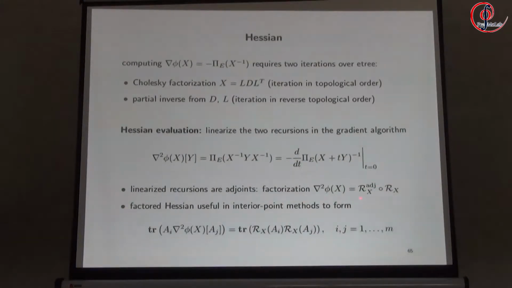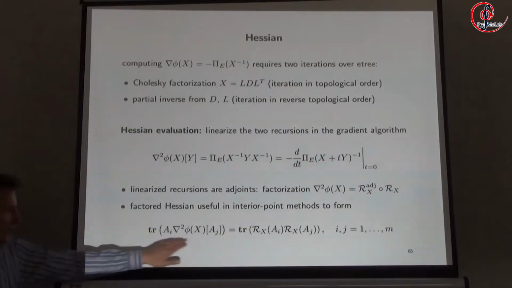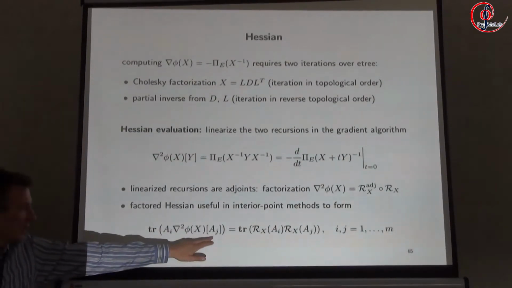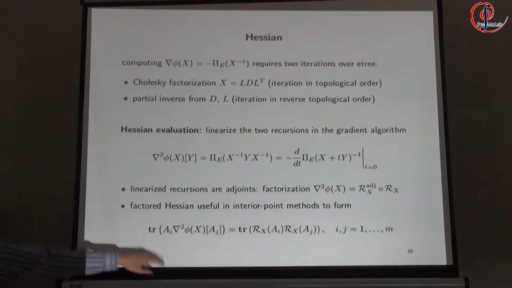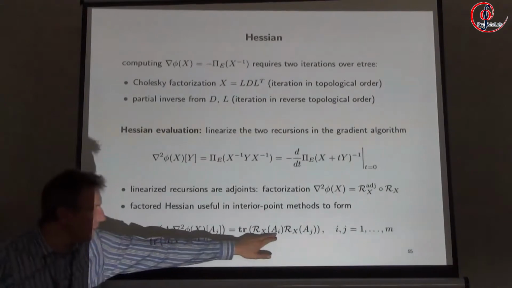It's interesting also to know that if you do this, then these two recursions, these linearized recursions, are actually adjoints, complete adjoint operations. So if you finish after one of the two, you have actually evaluated some kind of factorization of the Hessian. So that's very useful in algorithms, because for example, in an interior point method, this is an operation that's very important. For a set of matrices A_i, you have to compute a matrix with this ij entry. So you apply the Hessian to A_j, and then take the inner product with A_i. So if you have a factored version, you can do that more simply, because you can write it as an inner product of A_i